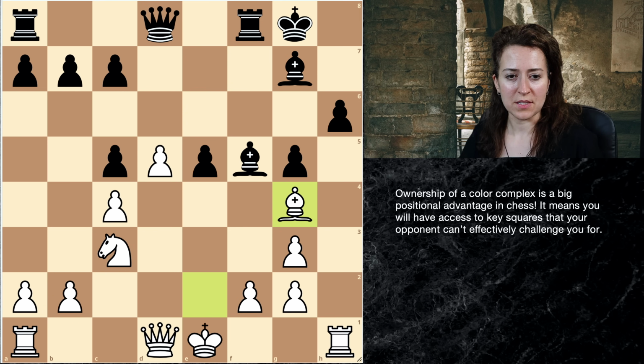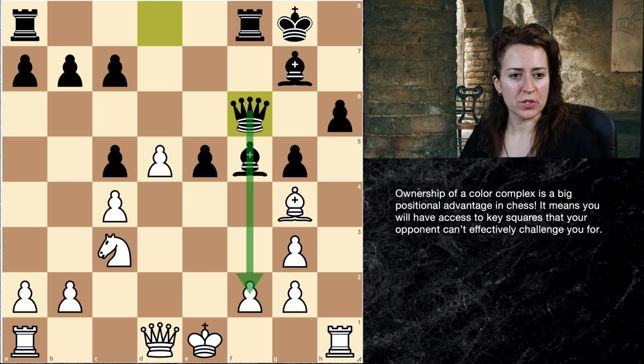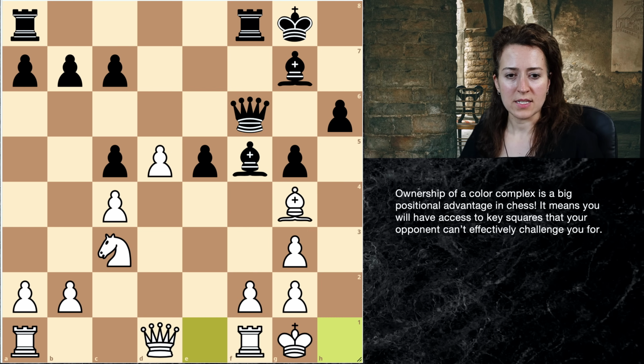Yes, something consistent, right? But black brings out the queen, sure. Now there's a latent threat against f2. So we are motivated to castle. And my student plays a very good move, pawn to e4. So you see, guys, I have not managed to establish control over those weak light squares, and black is solving